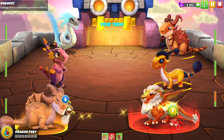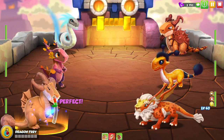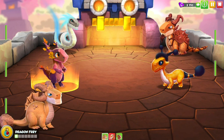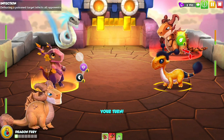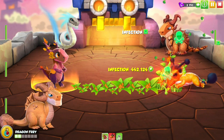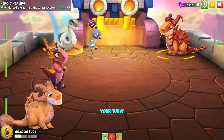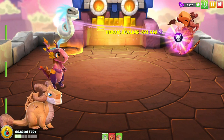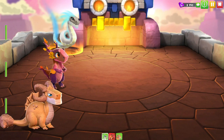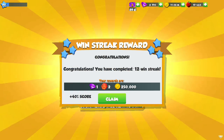Here we go. You're not gonna be able to kill that Lynx Dragon. So let's just take him out like that, and then we will use our Autumn Dragon to clear up the rest of this mess. Because again, level 40s I can't actually one-shot still. It's only like a 2-shot from the Autumn and the Clay Dragons, so I actually need a Comet Dragon to get involved, which is weird. But we even got 2 more,